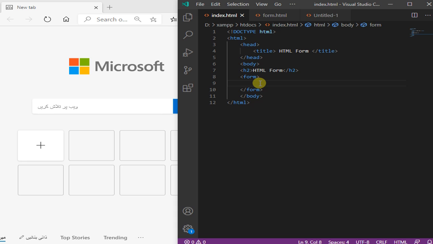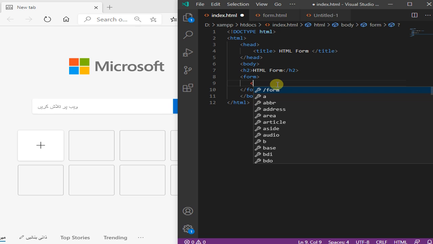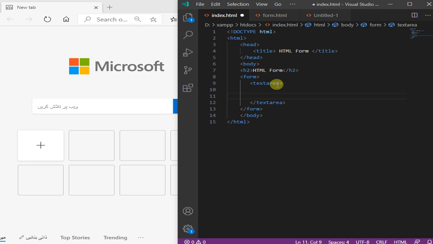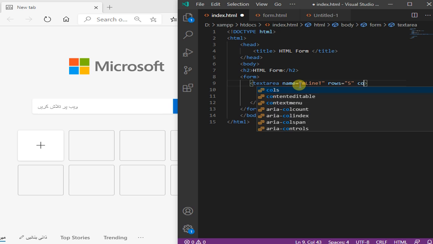I have already developed the structure. Now let's add the text area control. So type textarea. Let's name the text area control equal to mline, and number of rows equal to 5 and suppose the number of columns equal to 50. Now save the file,